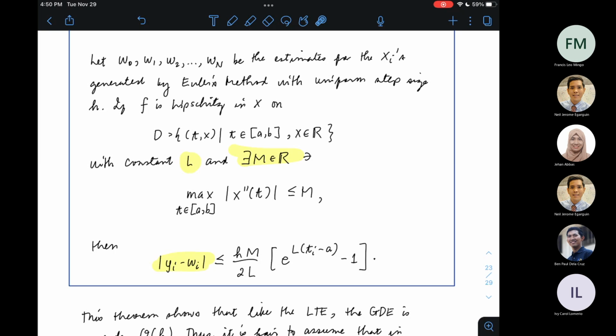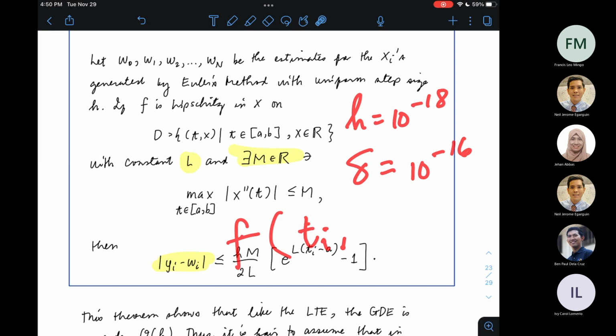And then, pangalawa, after every operation, nagta-truncate yung computers. So, halimbawa, double precision arithmetic, 16 significant digits lang yung kanyang nire-retain. So, kapag meron kang 16 significant digits na nako-consider lang after every operation, it makes sense that you don't want your H to be smaller than 10 to the minus 16. Kasi kapag yung H mo ay lampas na ng machine precision, ibig sabihin, halimbawa, si H mo ay 10 to the minus 18, yung machine precision delta mo ay 10 to the minus 16, ibig sabihin, yung